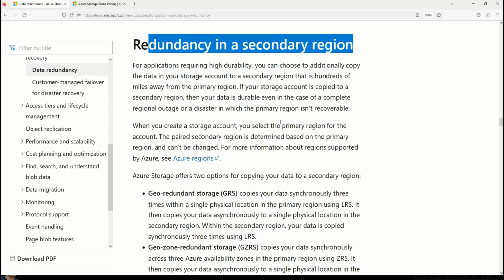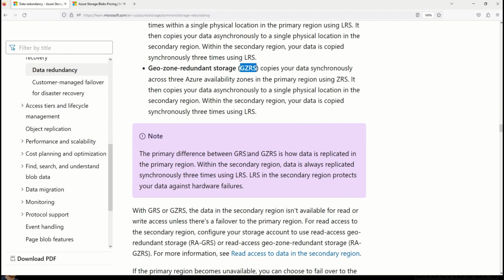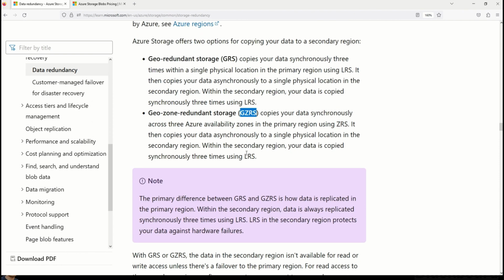And similar to what we have selected, the same options are also given by Microsoft. We have GRS and GZRS. Please read this documentation, a very important documentation when it comes to Azure storage replication options. And now that we are here in this section, I want to bring a very important difference between GRS and